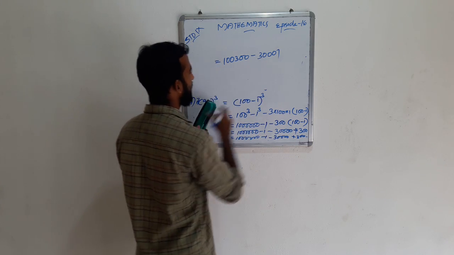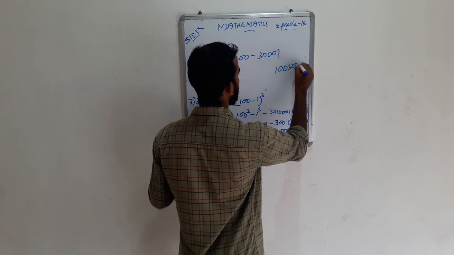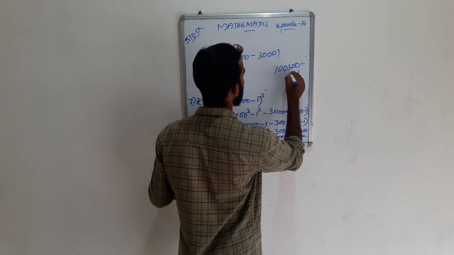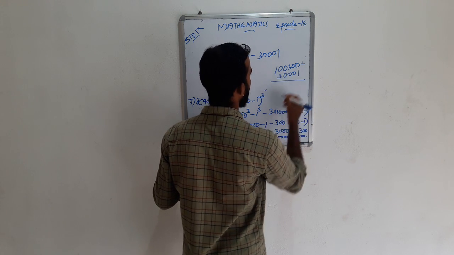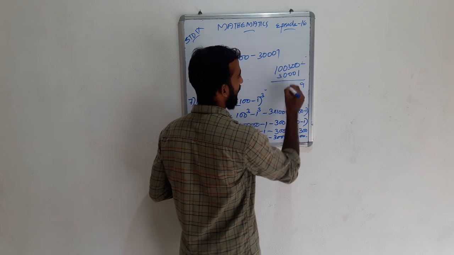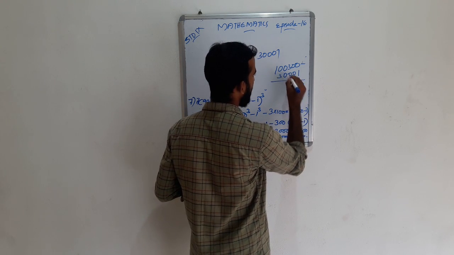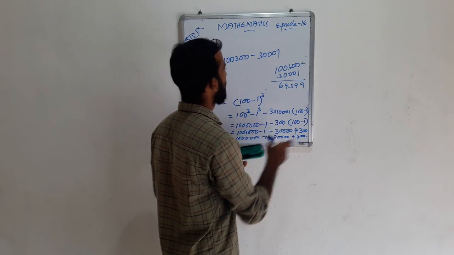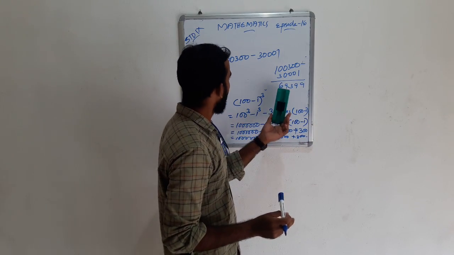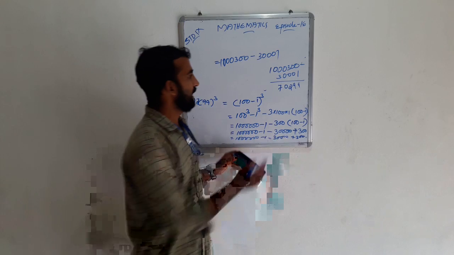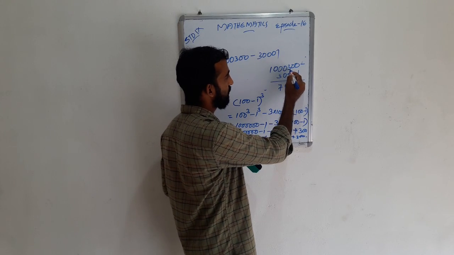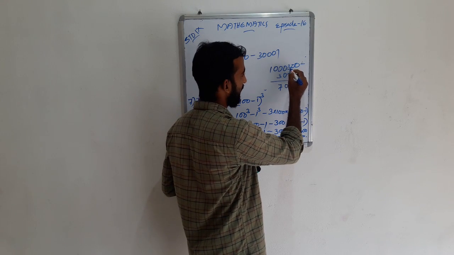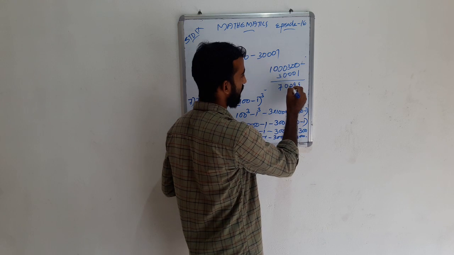That is, we get 1,000,003 minus... here also 9, 3, 9, 6. Subtracting: 10 minus 1 is 9, here is 9, here is 2, so 2 minus 0 is 2, and 0 minus